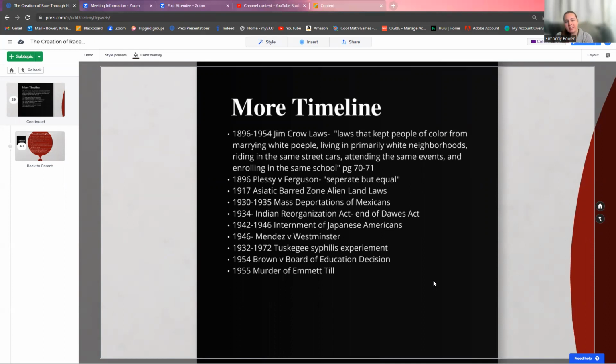In 1896 through 1954, you had Jim Crow laws. And essentially those were laws that kept people of color from marrying white people, living in primarily white neighborhoods or neighborhoods that were claimed by white people, riding in the same streetcars, riding in specific parts of any kind of public transit, attending the same social events or events that were in public spaces, and or enrolling in the same schools. In 1896, Plessy versus